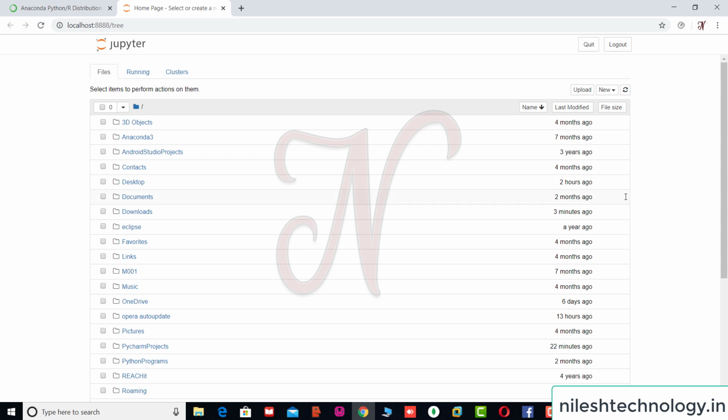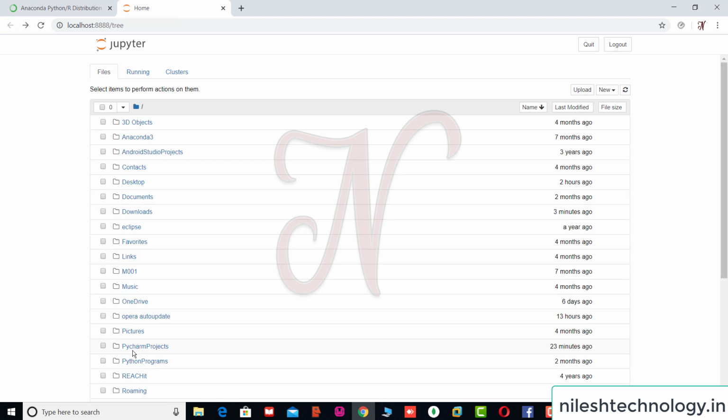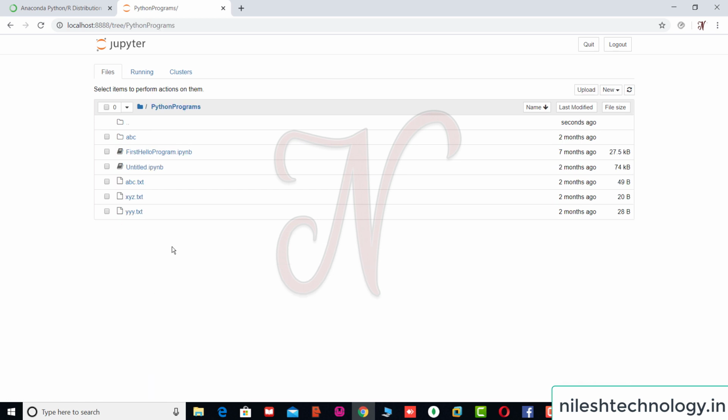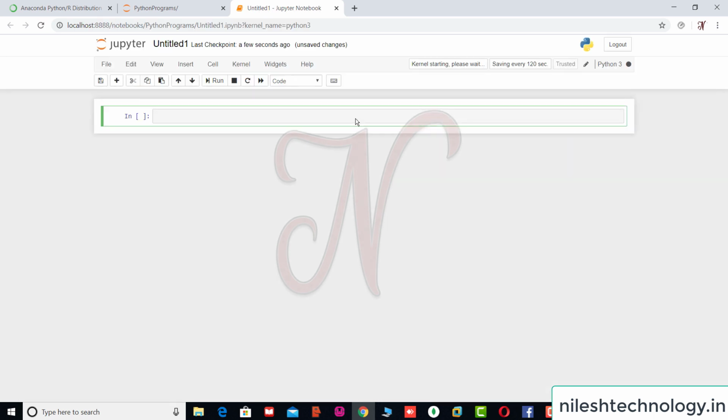Okay, so here I can create one folder. So this folder, see here, my folder is Python program. Okay, so I can click this folder. So inside this I can create many files. So here we can create a new file. Okay, so how to create new, see here, going to this side, I can click this Notebook Python 3. Okay, so if you click this Python 3, then a new tab opens, a new window here.